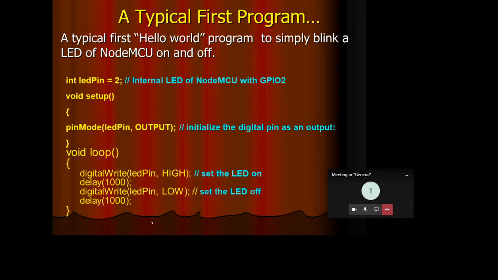This Hello World program we have already discussed earlier. It's a very simple program, very similar to your Arduino board, where we write LED pin equal to 2. That means we are specifying not D2, but directly GPIO2, because our internal LED is connected with GPIO2. And if you look at the pin number on Node MCU, it is D4. If it is D4, you should not write 4 here, but you have to write 2. Otherwise, your LED will not blink. So that is the care you should take.